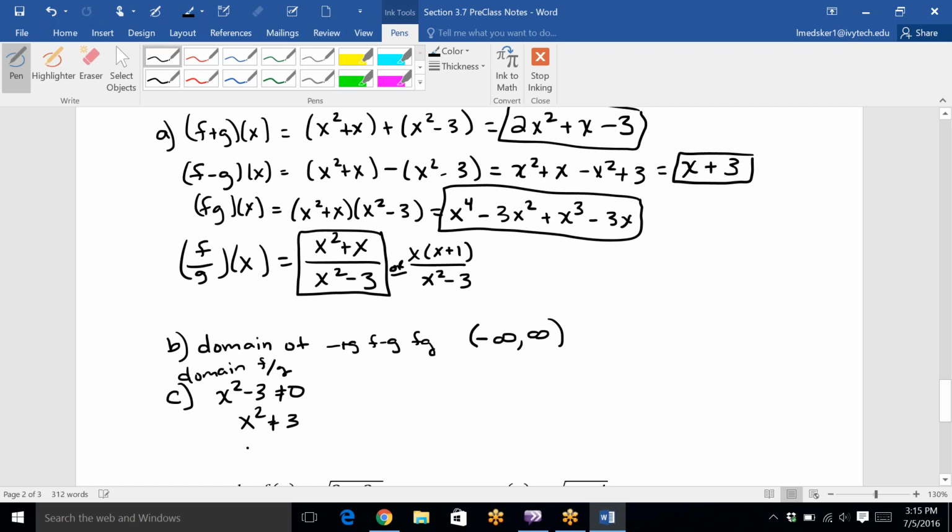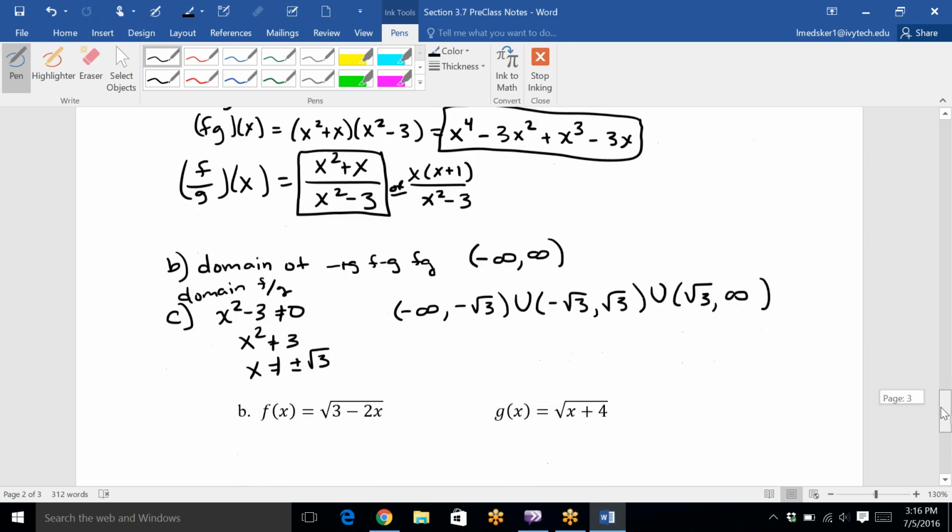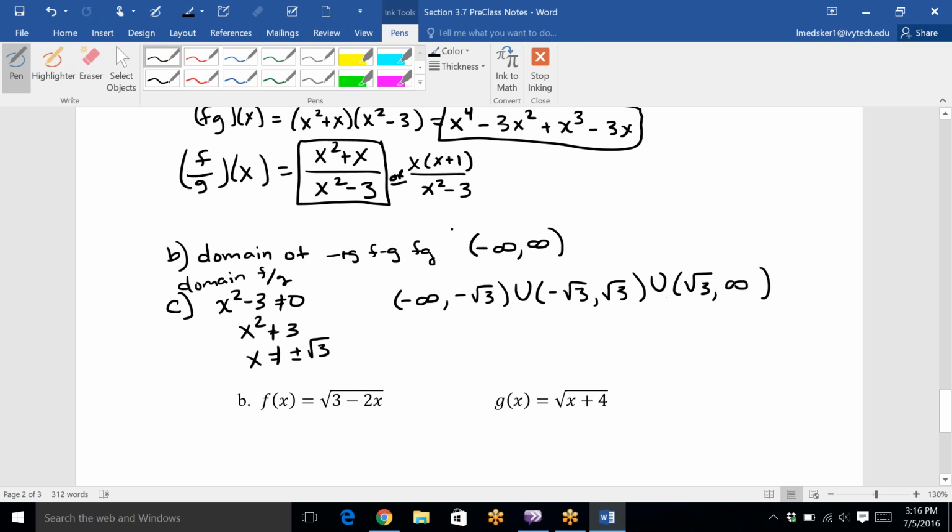So if we add the 3 over and then take a square root, plus or minus the square root of 3 is the problem. So this would be negative infinity to negative square root of 3, union with negative square root of 3 to positive square root of 3, union with square root of 3 to positive infinity. You just think of the whole number line where you skip those inappropriate values only. And union, remember, is how we string that together. So that's part B's answer, and this is part